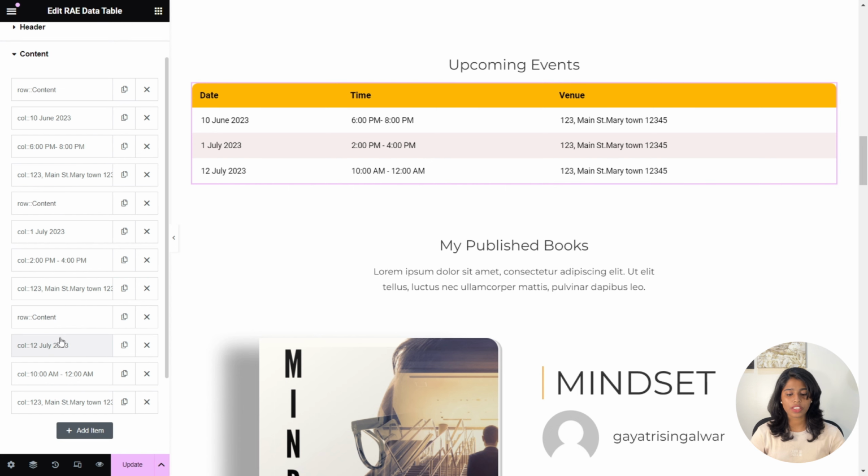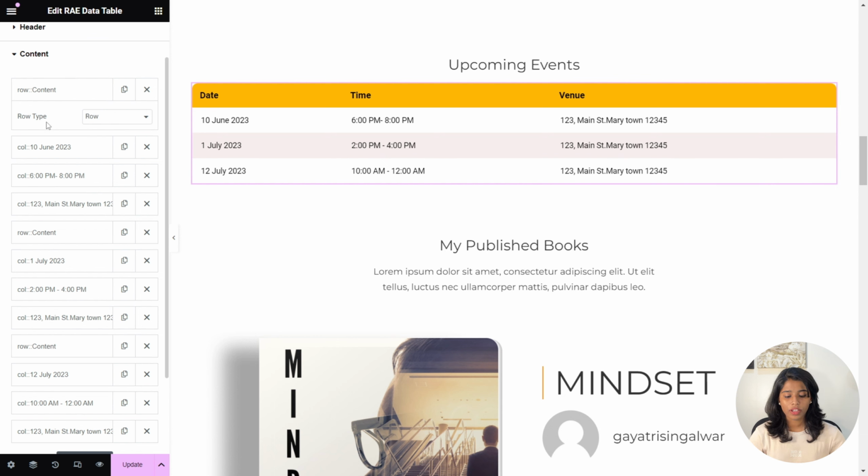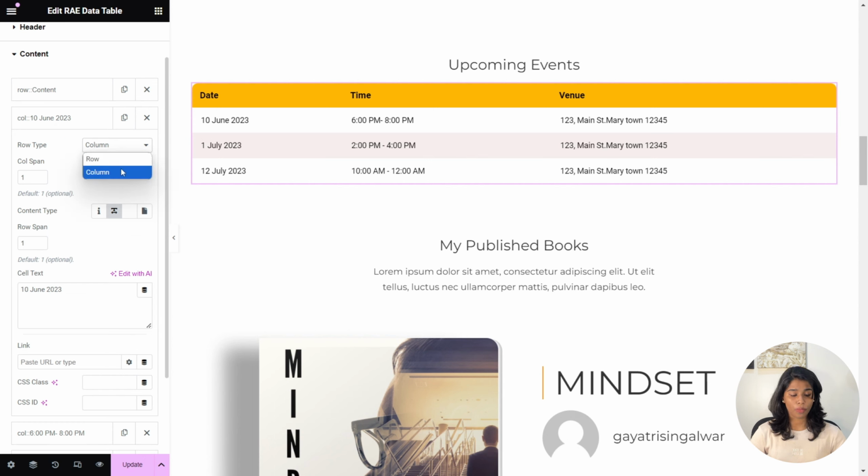Here you can see the list of items for the data table. Each item has the following controls. First is row type. Here you can select the type of the row content. From the drop down menu, if you select row, then a row will be started, which should be followed by column type contents. And if you select column from the drop down menu, then the following controls for the column